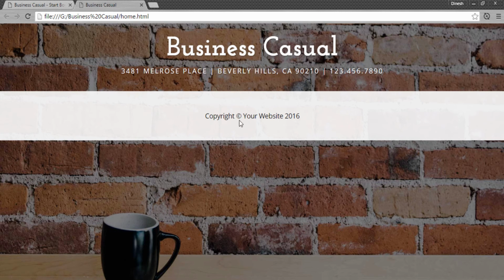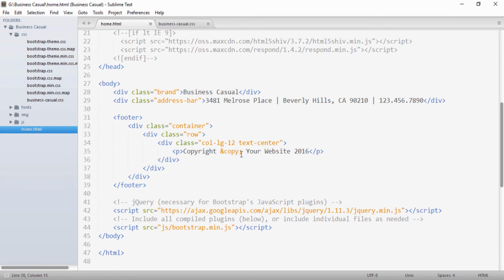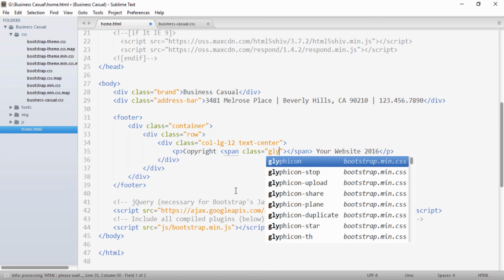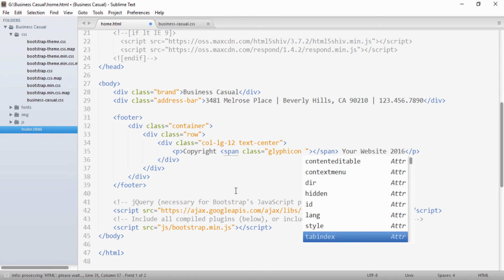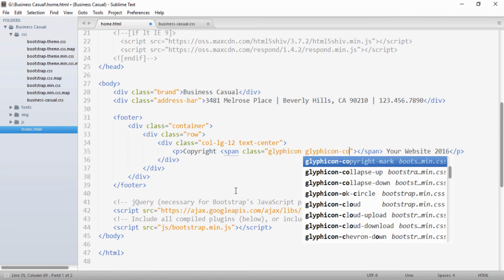Friends, instead of &copy;, we can also provide a glyphicon symbol. I will just show you how we can provide a glyphicon here. I will remove the &copy;, and here I will give a span. To this span we will give a class of glyphicon glyphicon-copyright-mark.